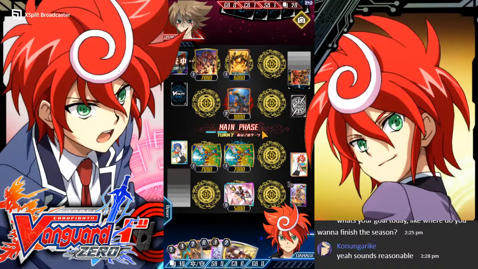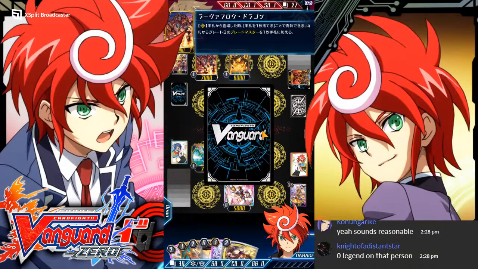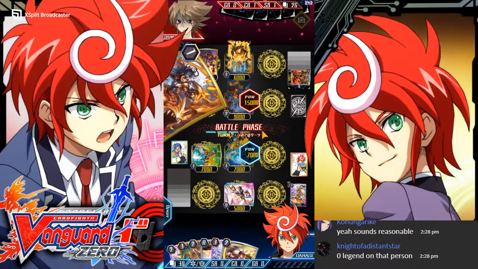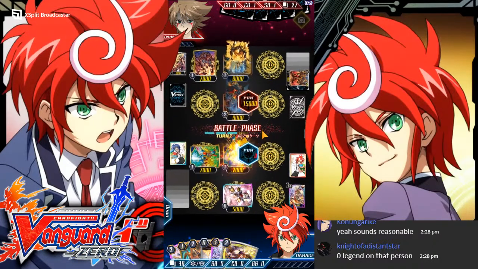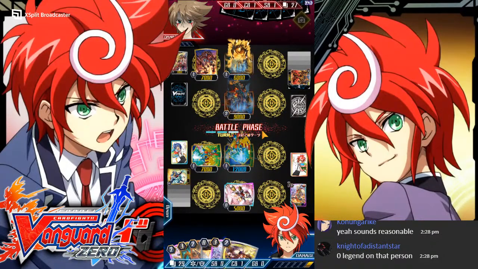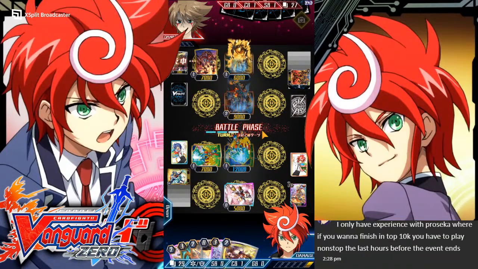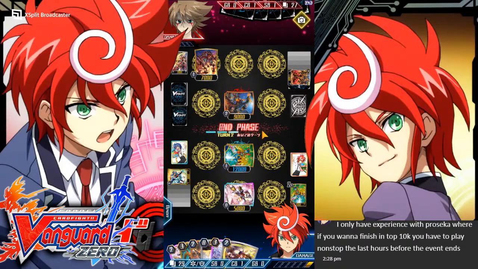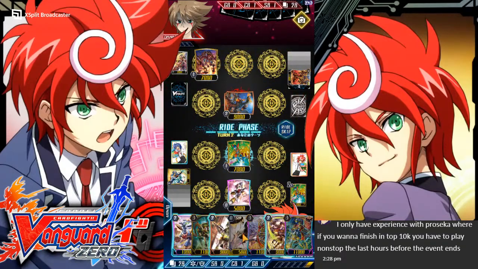Because the day changes in the app, like the day timer or whatever, resets at 5 a.m. Japanese time, but the season ends at midnight Japanese time. So for me, midnight is, depending on what time of year it is, either 5 p.m. or 4 p.m. So I was super busy that day, and I didn't have time to play at all, and